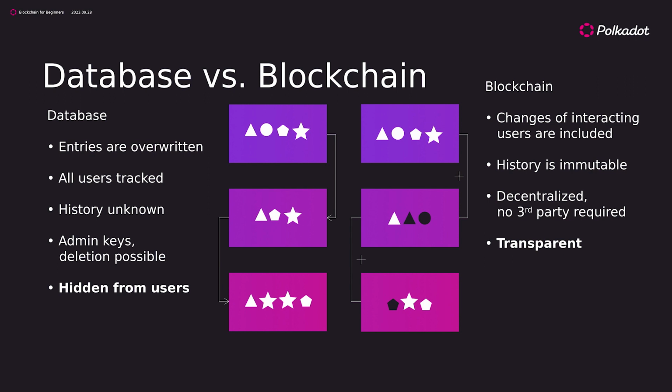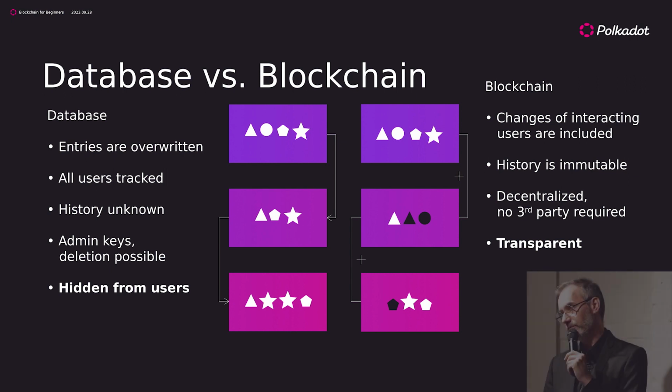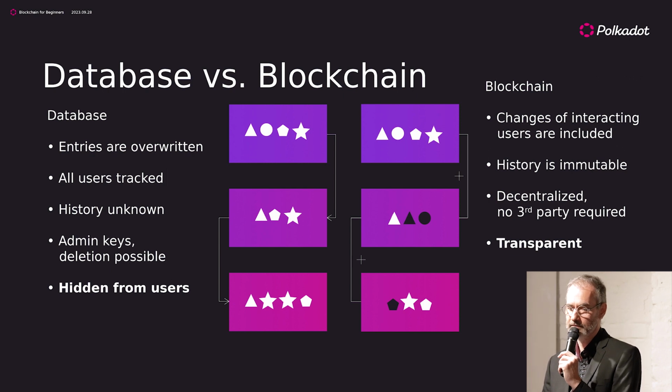On the other side, when we look at how a blockchain behaves, in every block the changes are included. It has positive transactions and negative transactions, so plus or minus. We only have the interacting users in the blocks. The history is immutable and fully tracked, so everyone can go back and check what happened in the past. It's publicly viewable in blockchain explorers, and it's completely transparent. And maybe one of the top points for a blockchain is that it's completely decentralized and no party is required. So there's no man in the middle who can interfere with your data. Nobody can change it, nobody can stop it.